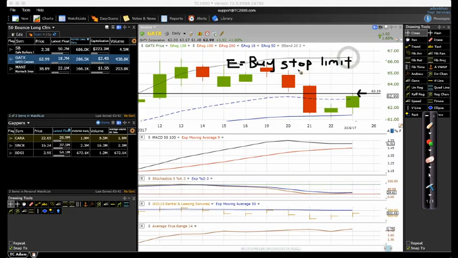Okay, so the stop price would be the entry price, which would be 63.20. Which means that the next day, if the price goes up as I anticipate to 63.20, it would activate this order to buy at the market price. But again, I do not want to buy too high, so I have to put a limit. Okay, so I can put my limit price at